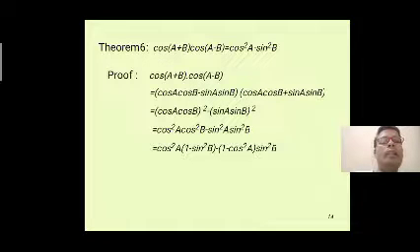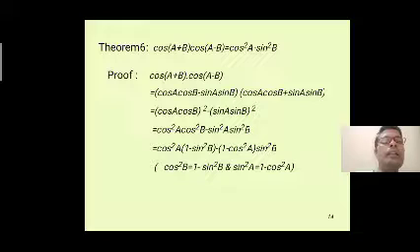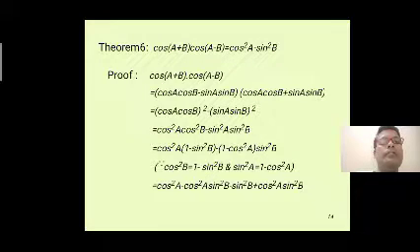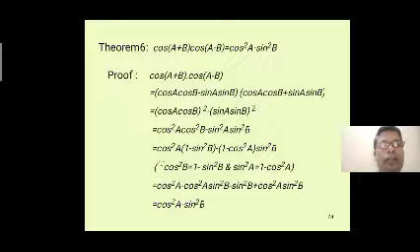Now we write cos square A, in the place of cos square B we write 1 minus sin square B, minus (1 minus cos square A) into sin square B. We know that cos square B equals 1 minus sin square B, and sin square A equals 1 minus cos square A. We get cos square A minus cos square A sin square B minus sin square B plus cos square A into sin square B. The positive and negative values will be cancelled. We get cos square A minus sin square B.